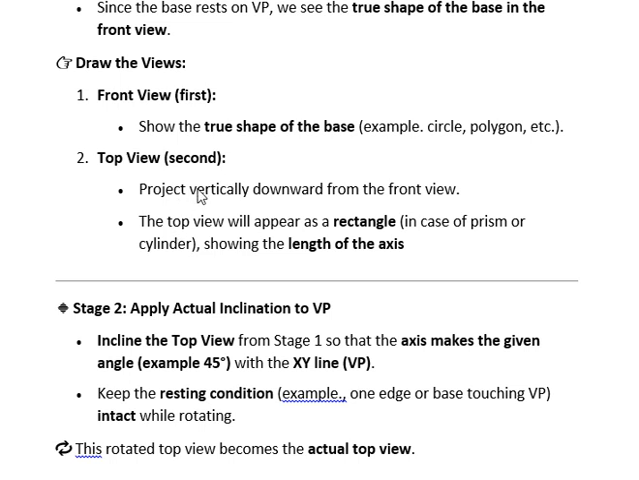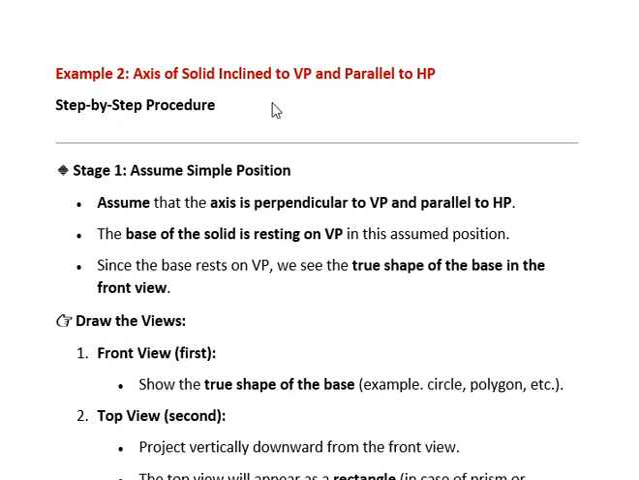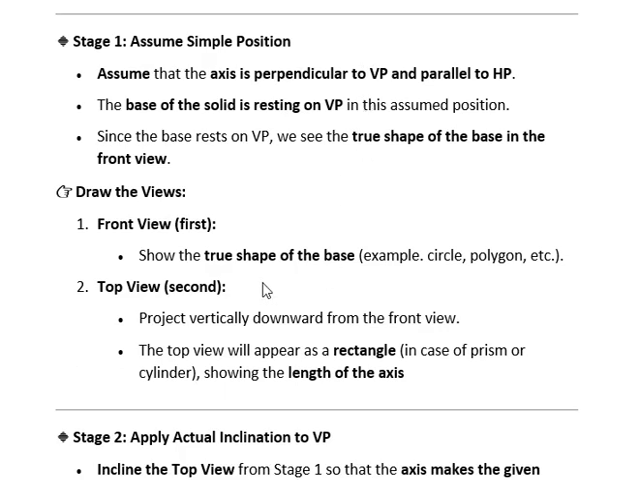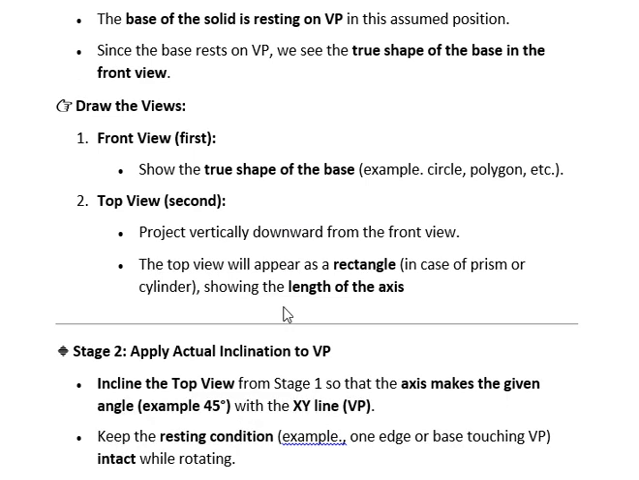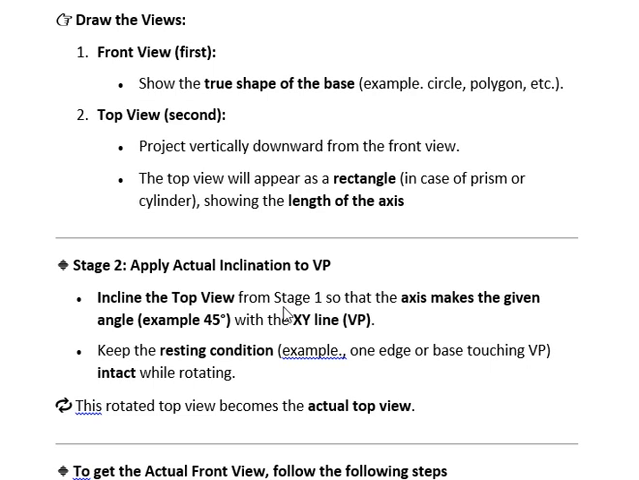Actually, this is not our answer for our questions. That is when the axis of the solid is inclined to VP and parallel to HP. In stage 1, whatever shapes you are getting in front and top, that is not the actual answer. There is a true shape of the object in front and top. For getting actual answers, we have to rotate the stage 1